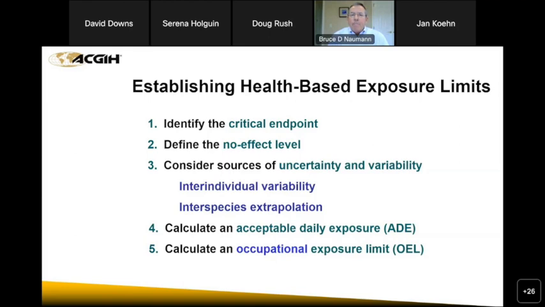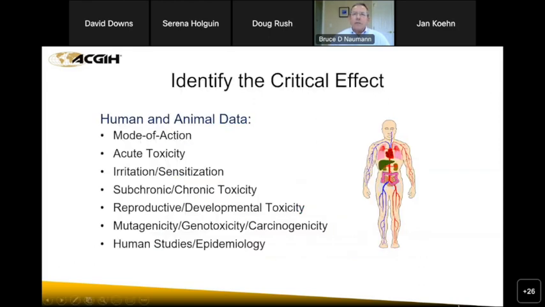And then as you'll see, at least with an occupational exposure limit, we tend to divide that by 10 cubic meters, which is the average amount of air that a worker breathes in 8 hours. And we're introducing the new TLV surface limits, and essentially that would be dividing it by a standard surface area of 100 square centimeters. So as I mentioned, the first step is to do a literature search and make sure we have all of the available information at our fingertips to review.